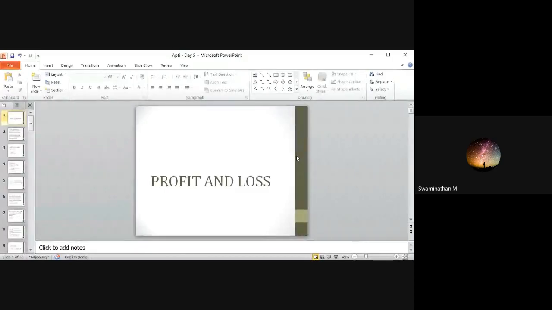So, that's the check here. The questions will be framed. They usually play with words, I used to say. So, you have to understand the question and apply the formulas. If you know the formulas, it will be very easy. Profit and loss is very simple. I will now show the formulas and concepts.